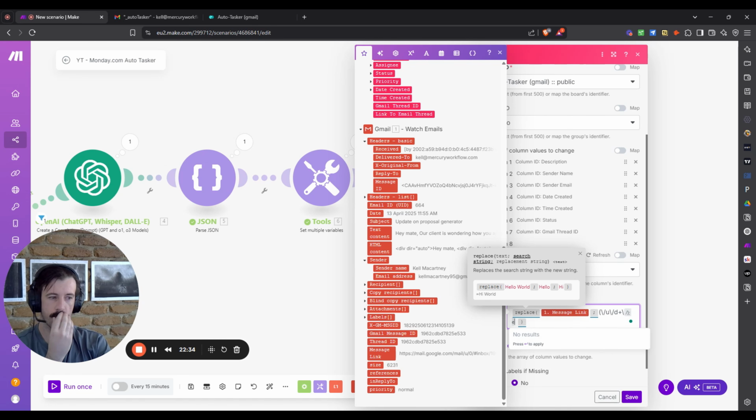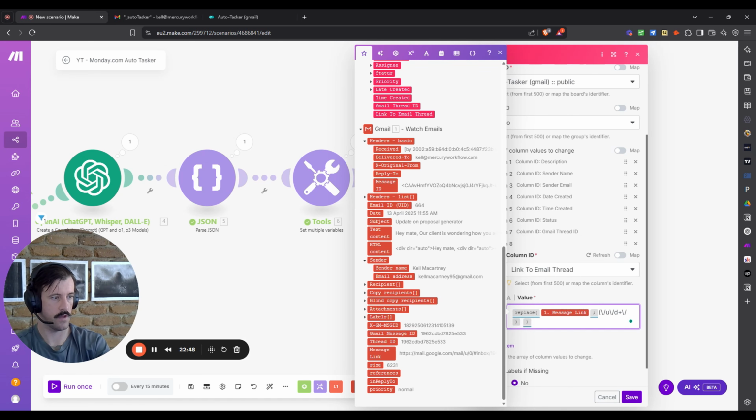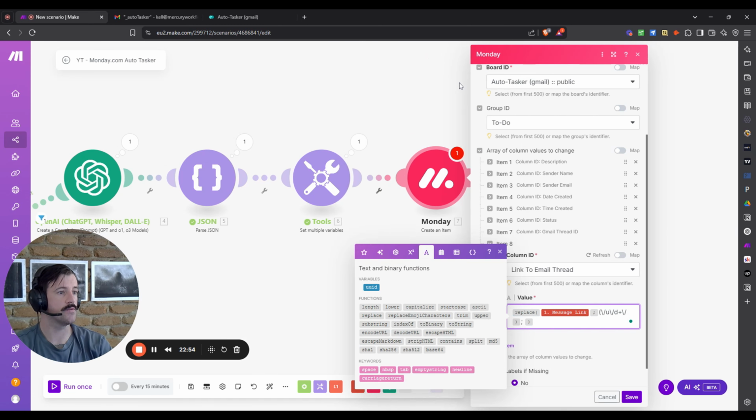Is that right? Why is that bugging? That's worked. Cool. Then need a semicolon, and then we need to come to this one and plop in empty